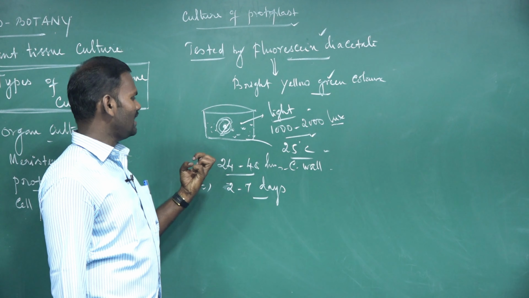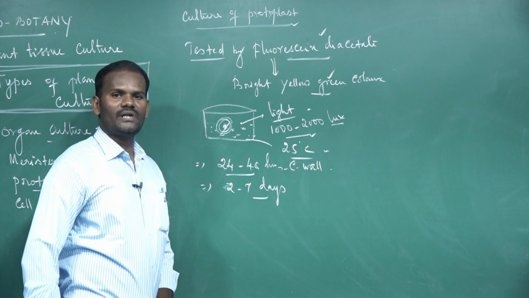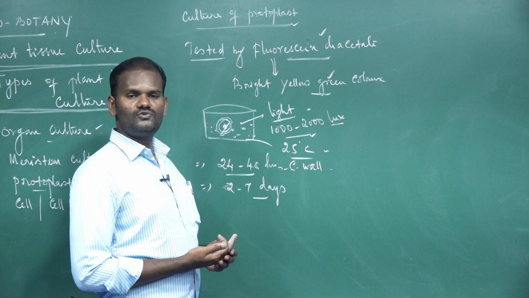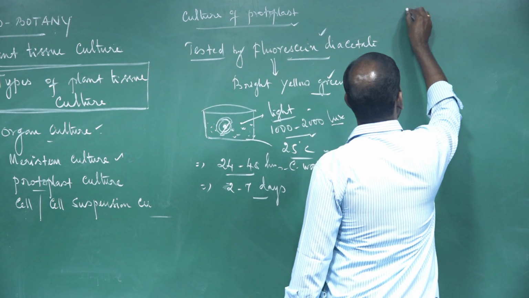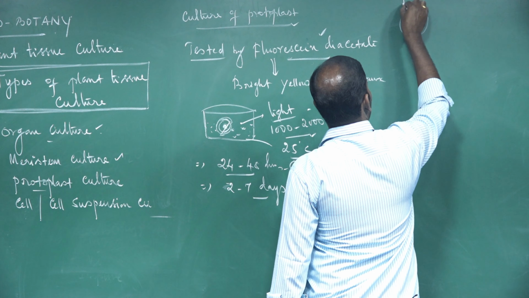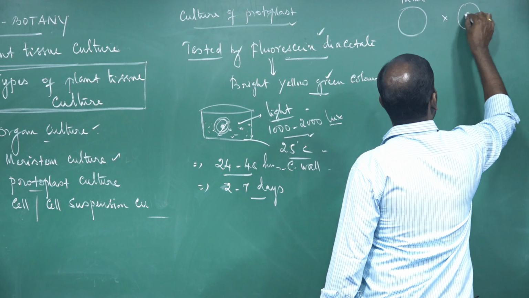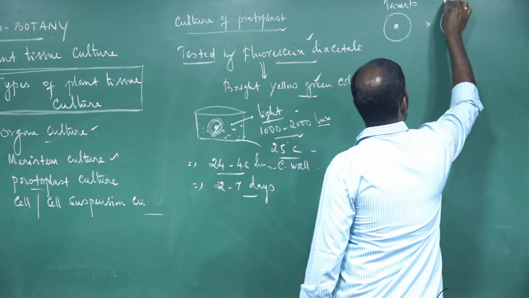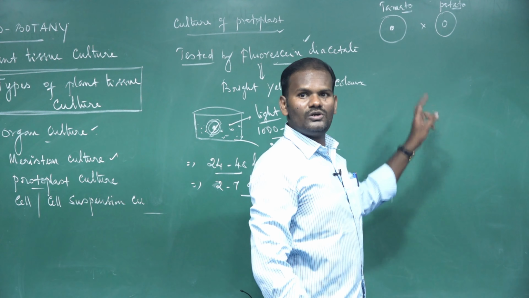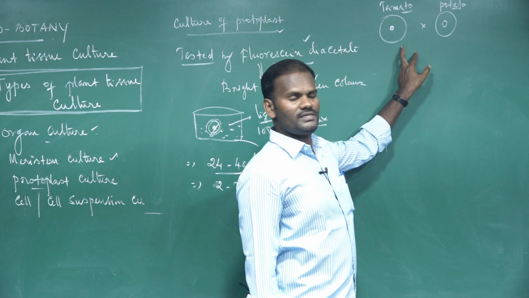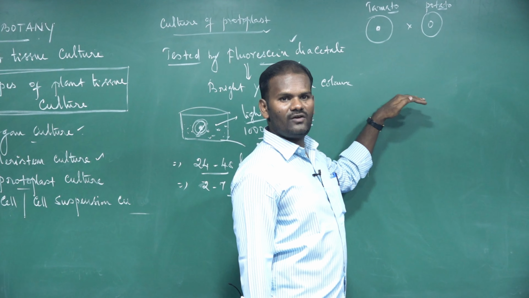And finally, how to select the somatic hybrid cells? Already I pointed out somatic hybrids: the fusion of somatic cells of two different species or varieties. For example, the protoplast of tomato crossed with the protoplast of potato. These are genetically two different species, and they are not easily fused together by conventional techniques. It is greatly overcome only by protoplast fusion.